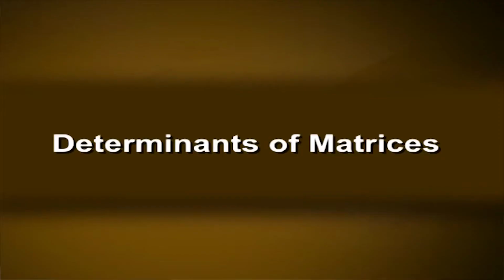Welcome friends. In this session, we describe the method to find the inverse of a square matrix provided the inverse exists. For the discussion, the definition of determinant of a matrix and adjoint of a matrix are needed. We also discuss the concept of orthogonal matrices. Let us begin with a brief description of determinants.